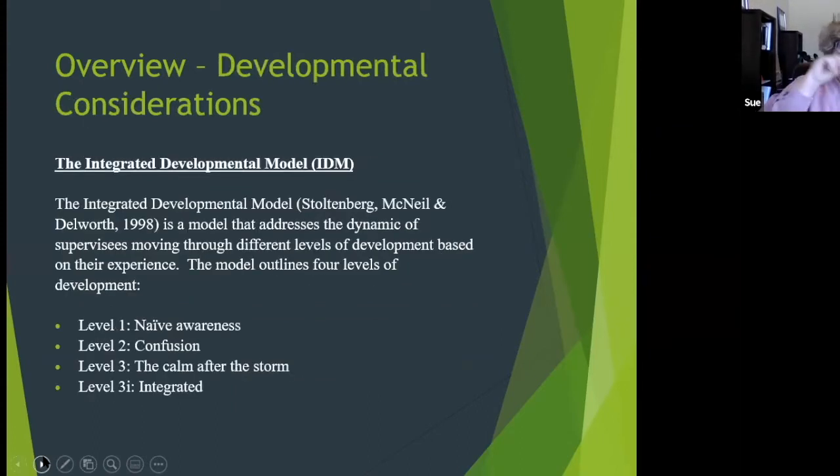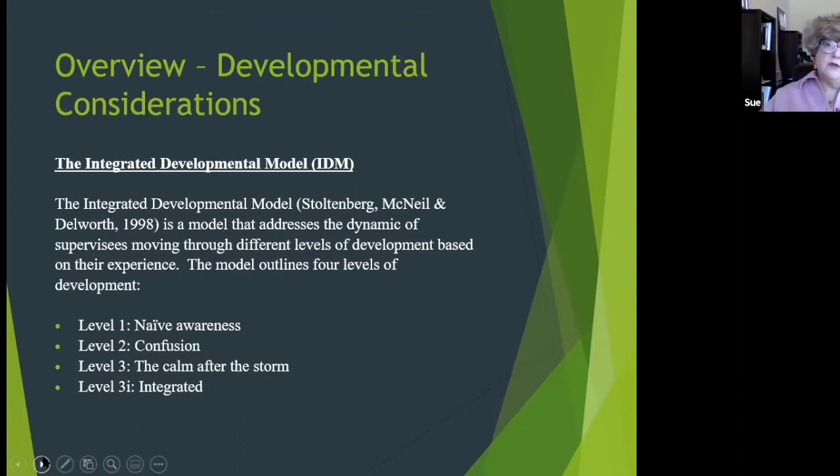I do want to talk a little bit more about the developmental models. I think for many people who have been trained in supervision, they often will have the developmental model as a foundational piece, as many of us clinicians may have Rogers as a foundational piece of building relationship rapport, those core conditions. I think many people who do supervision have that developmental understanding, especially if they're working with a lot of supervisees who are at different developmental levels.